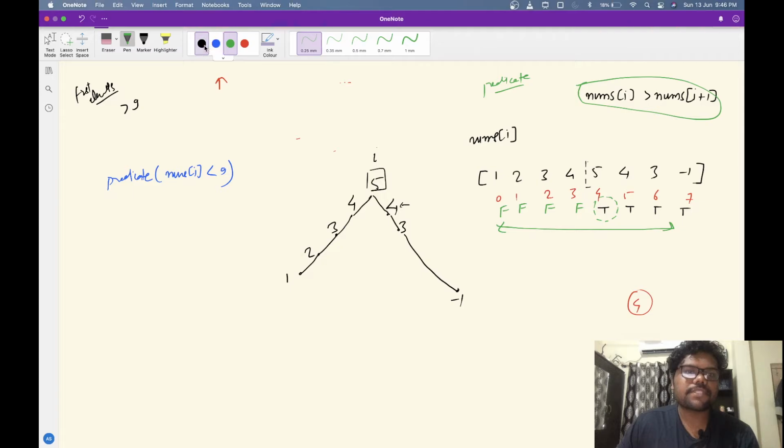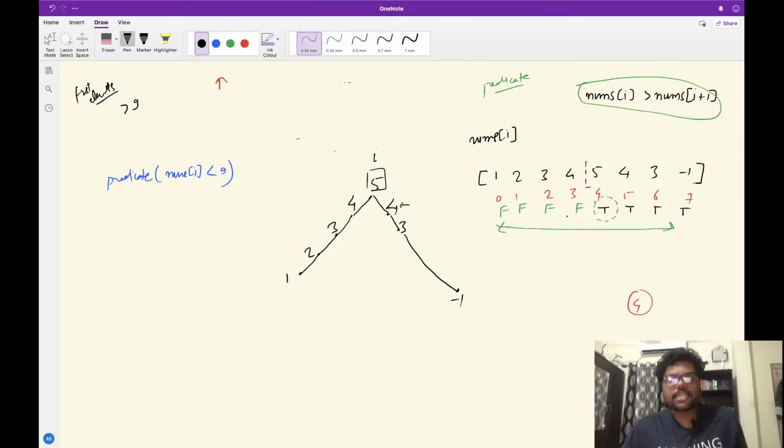Now, the second thing to think about is that in binary search we have to ignore a certain part of the search space. So what logic can we apply to ignore part of the search space? Say you are evaluating this particular index: is 4 greater than 3?